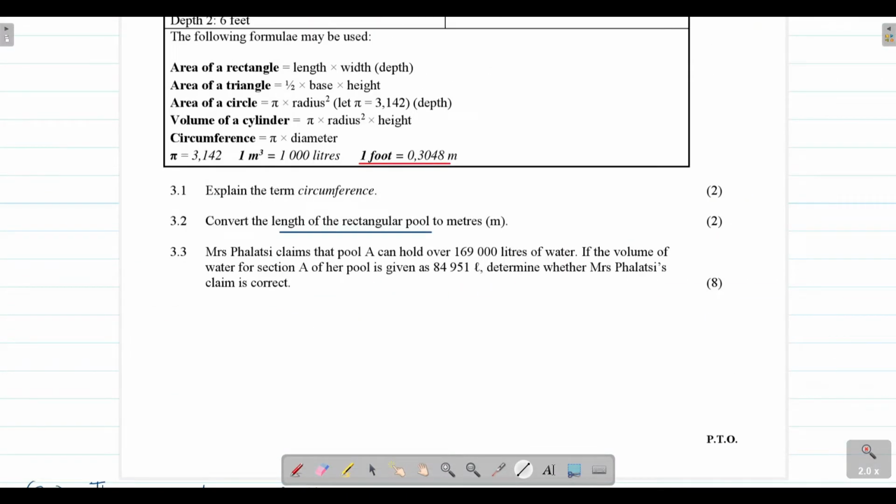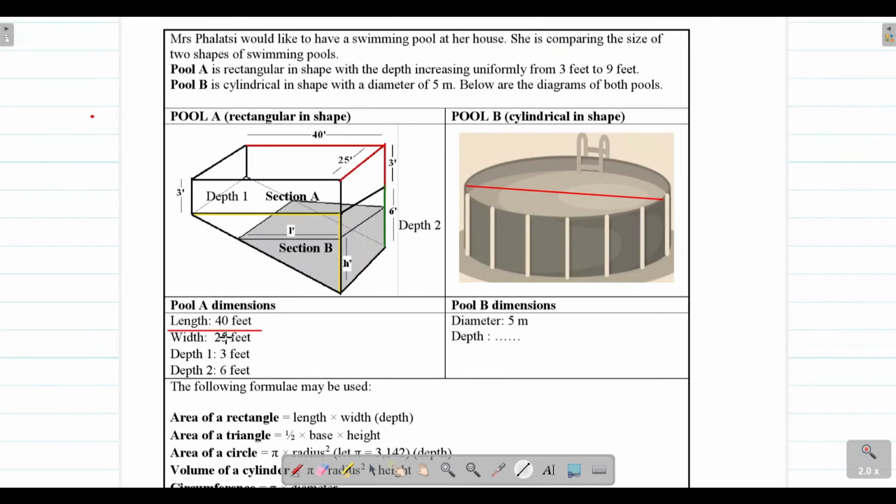Question 3.3. Mrs. Palazzi claims that pool A can hold over 169,000 liters of water. If the volume of water of section A of her pool is given as 84,951 liters, determine whether Mrs. Palazzi's claim is correct. Okay, so she is claiming that pool A, right, this pool can hold over